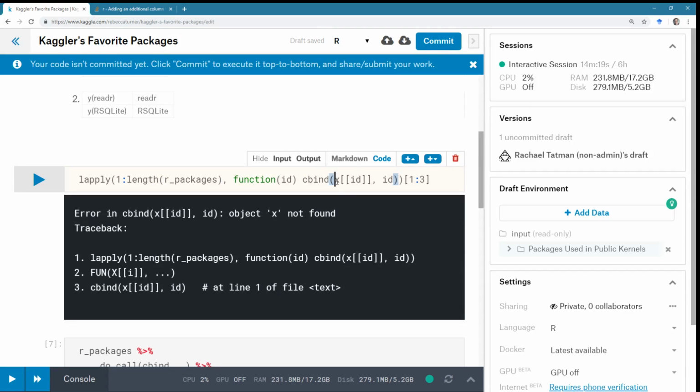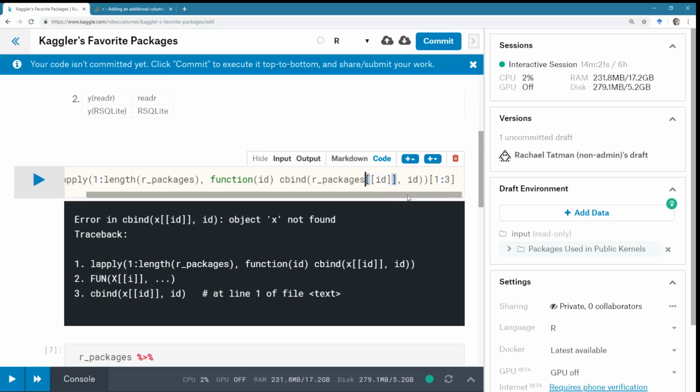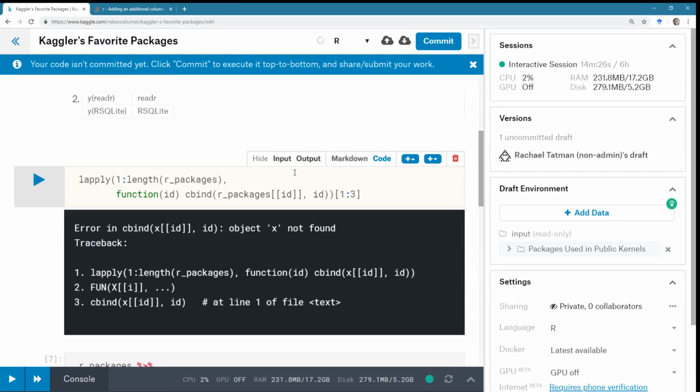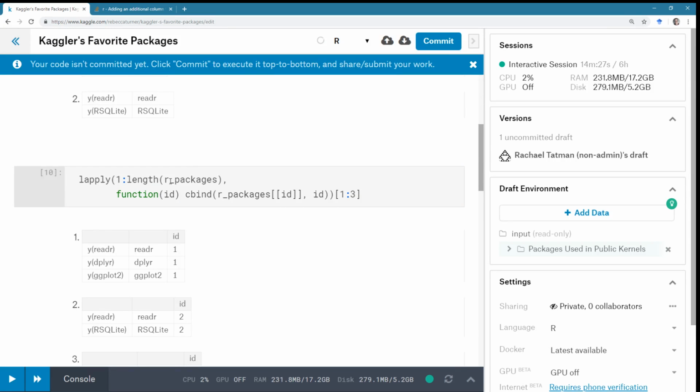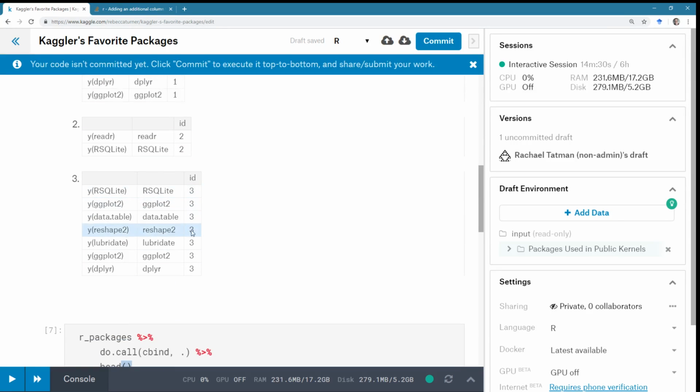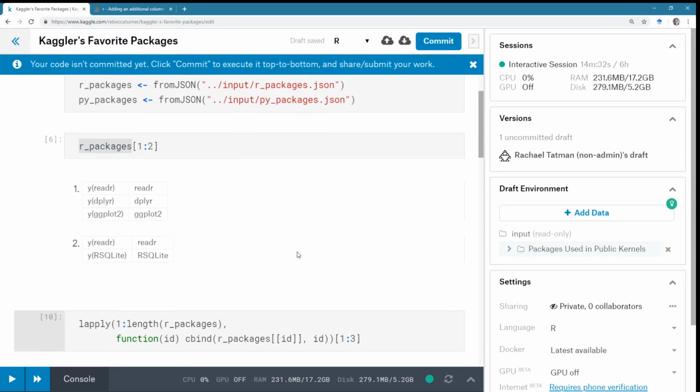Object X not found. Okay, so that's looking like a numeric index. Yeah, okay, excellent. That's exactly what we want.